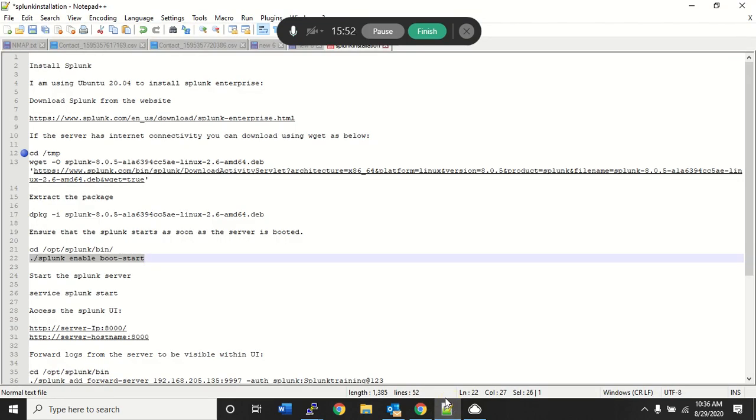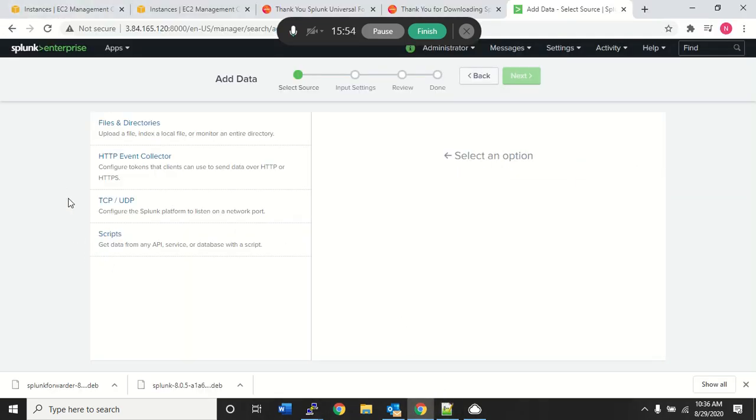So let's click on monitor real quick and see what we can see here. We can monitor files and directories, we can monitor the HTTP event collector, we can monitor TCP and UDP logs to listen on a specific network port, and scripts, right? Get any data from any API service or database with a script. We can always do that too. All right, so let's see if we can monitor